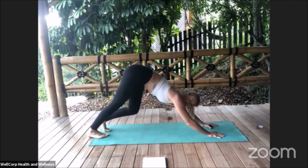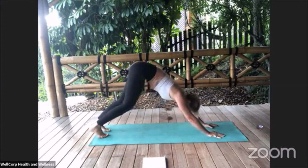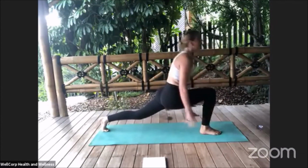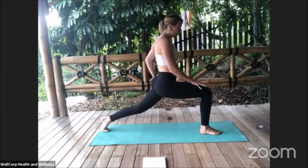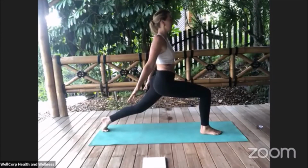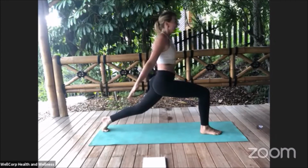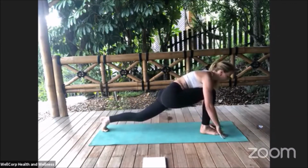Beautiful work, guys. You're doing great. Deep breath in here. On the next inhale, we're going to bring our right foot all the way forward into our runner's lunge. Inhale, creating strength, opening up through the chest, drawing both of those thighs together, scissoring the legs together, pressing through the front big toe, pinky and heel. Deep breath in here, creating strength through the core. 3, 2, 1. Exhale, slowly lowering down, hovering the heart off the thigh, sliding the right leg back into our